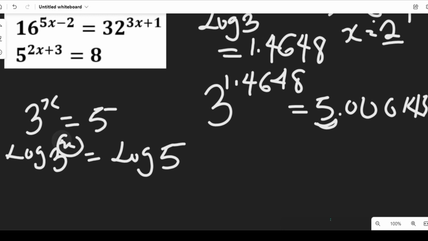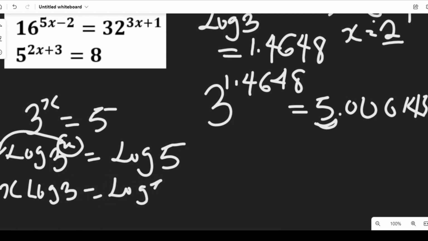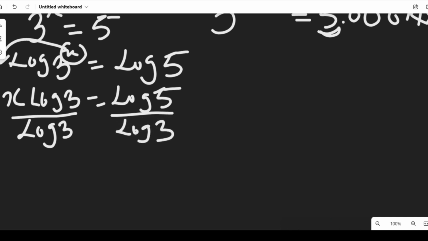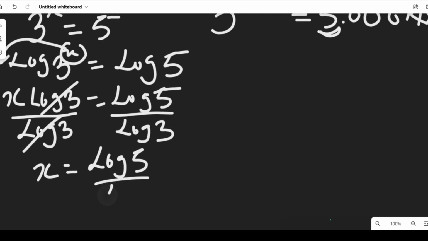So this x will move over to the front according to the laws of logarithm. That will give us x log 3 equal to the log of what? 5. So what we need to do is divide both sides by log 3 in order to find the value of x. If we do that, log 3 clears, and then our x will be equal to log of 5 over log of 3,